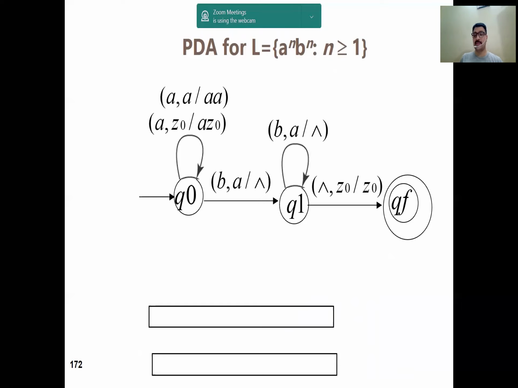Now we will construct the PDA, similar to the DFA. The first question that we start with is: you have to design a PDA, or construct a PDA, for L equals a to the power n, b to the power n, where n is greater than or equal to 1. This example I already discussed at the time